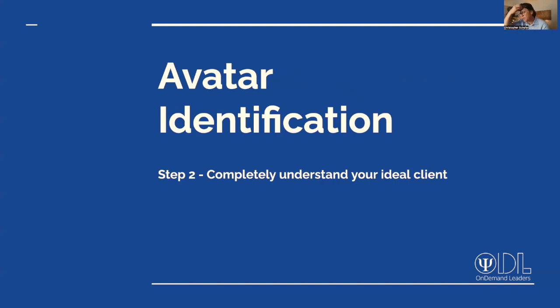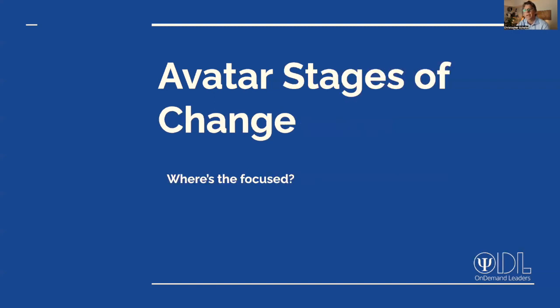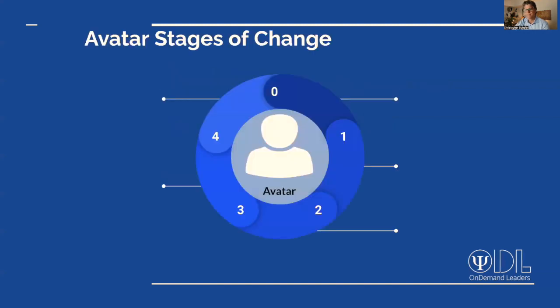So we're at that place where we know who our ideal buyer is, right? We know the type of company. We know what we have to do in order to relate to them somewhat, but we're really going to dive into it. So this is where we're going to completely understand what that ideal client looks like. And for today's exercise, we're going to use the stages of change as our major steps to track our clients or our ideal buyers and clients. And then we'll do our mapping of focus, communication, roles, and responsibilities based off those steps. So let's jump right in.